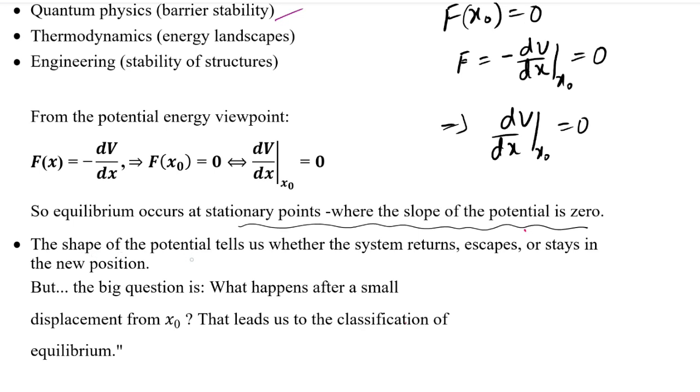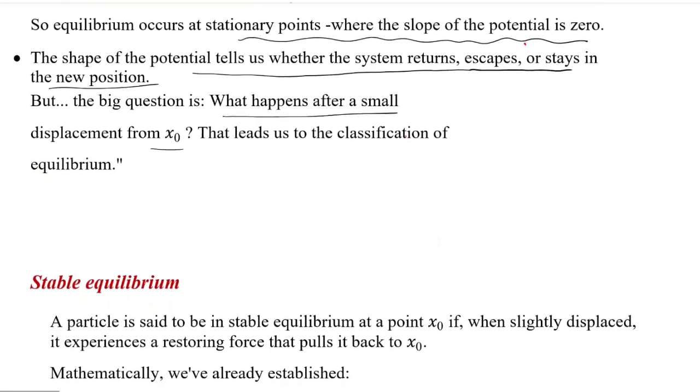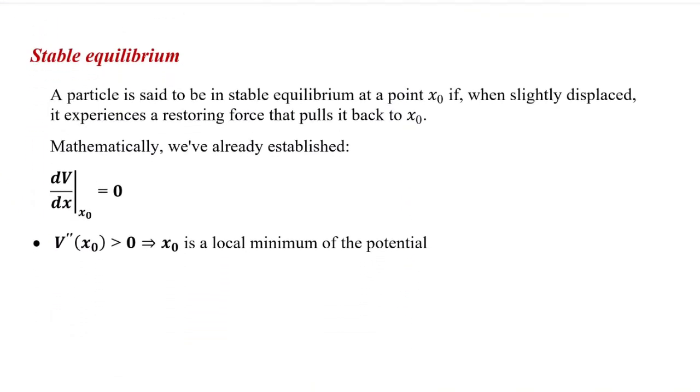The slope of the potential tells us where the system returns, escapes or stays in a new position. But the big question is what happens after a small displacement given at x0. This leads to classification of three different types of equilibrium. The first one is stable equilibrium. A particle is said to be in stable equilibrium at point x0 if, when a slight displacement is given, it experiences a restoring force that pulls it back to the